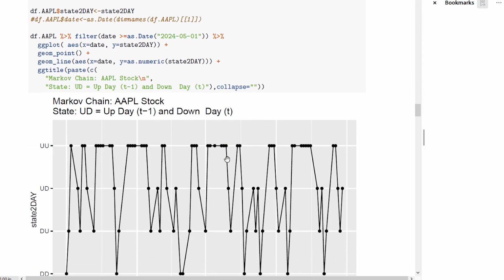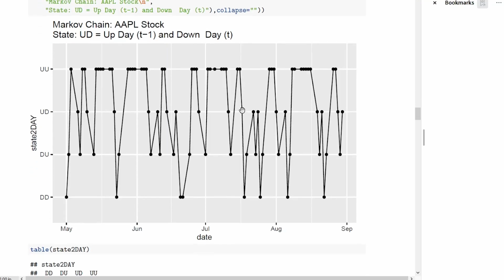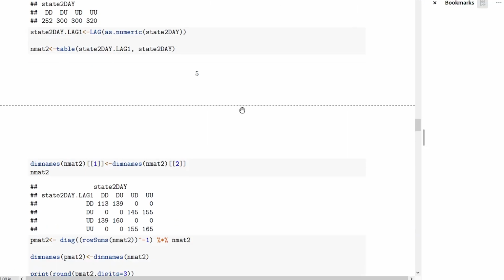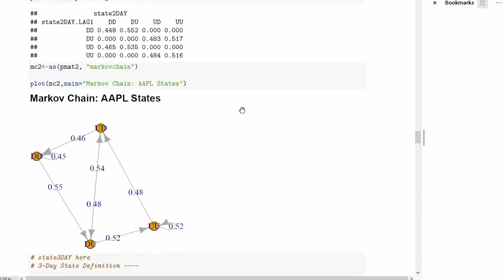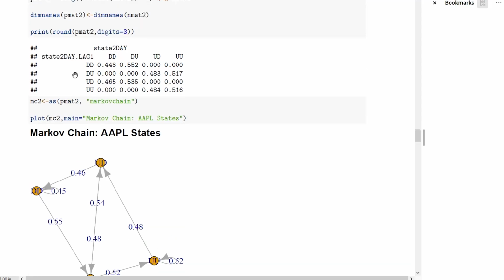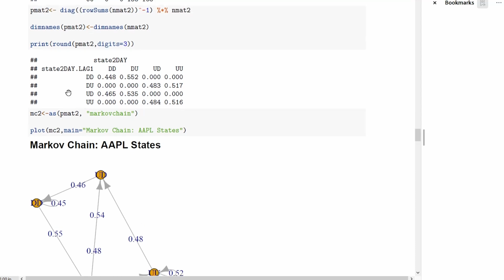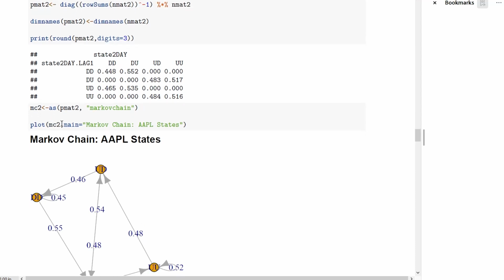And then if we graph these states, say from May of this year to the end of August, this shows how this 4-state Markov chain evolved over these dates. And we can just use the markovchain function, or let's see, we can plot a Markov chain transition states